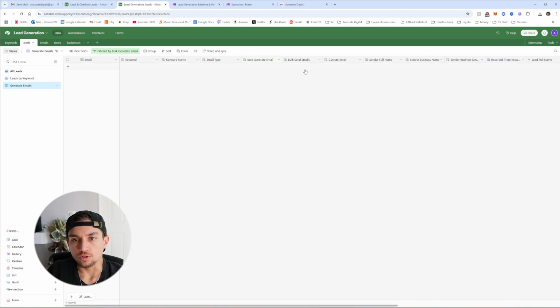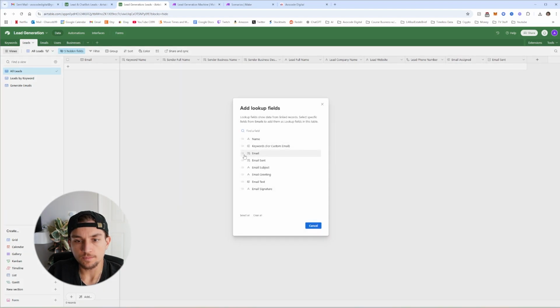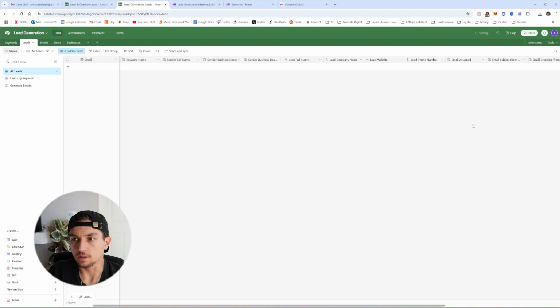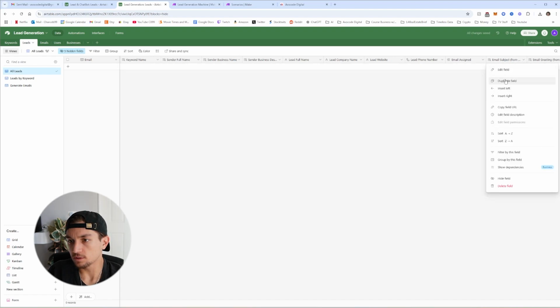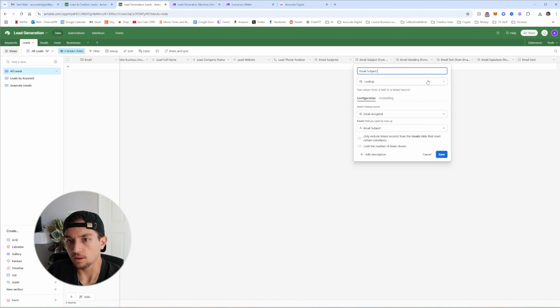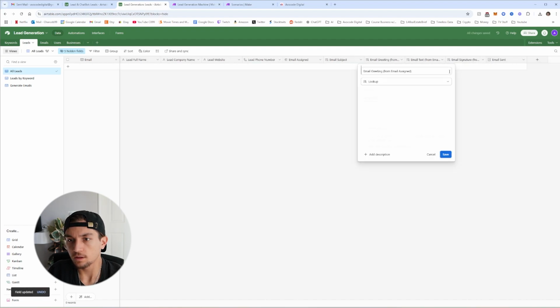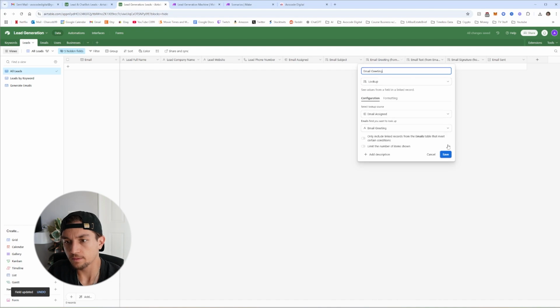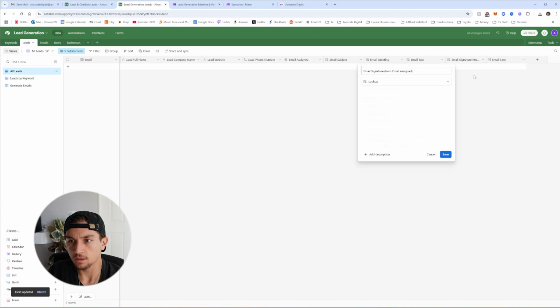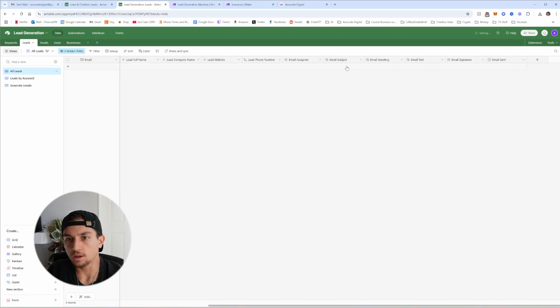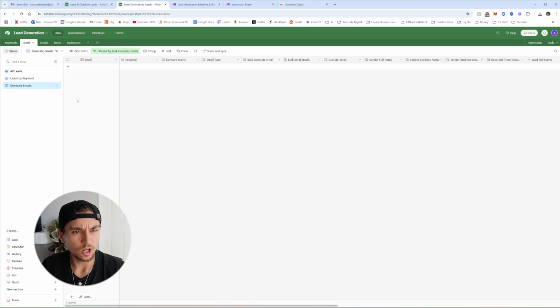Okay, now let's go to the email assigned. Let's go to all leads. And then you see this email assigned. We're going to add lookup fields. We're going to add the email subject, email greeting, email text, and then email signature, like that. And we're going to go into each of these fields and remove that. Yeah. Okay, now that we have all of those ready, we're going to go back